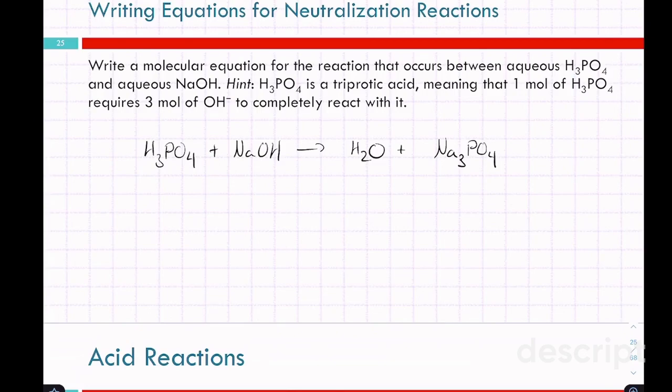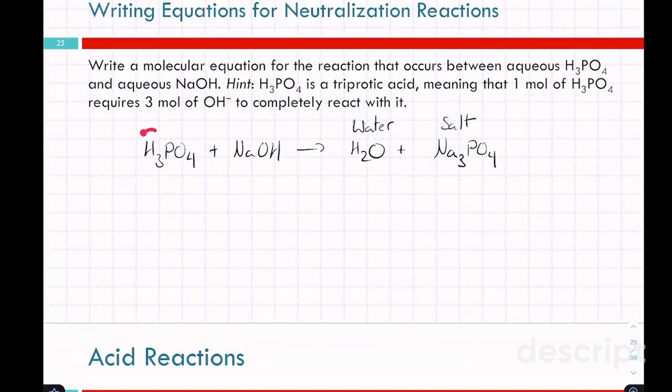Not quite balanced yet. So hydrogen has a 1+ charge. So this would be our salt. I'll write this in, this is the salt. This is the water. If your metal or your cation for the salt has a 1+ charge, then you just need as many of the salt as you did hydrogens. So if here we have 3 hydrogens, then we need 3 sodiums. The 3 hydrogens also tells you that phosphate has a charge of 3- because it's got as many protons as it has negative charges to make it neutral. So then to balance this,